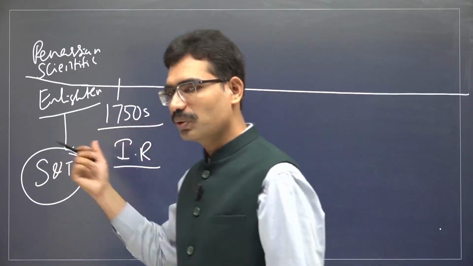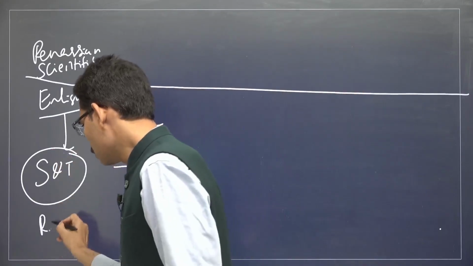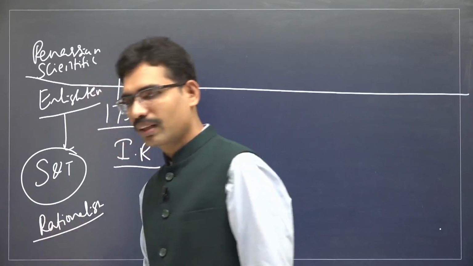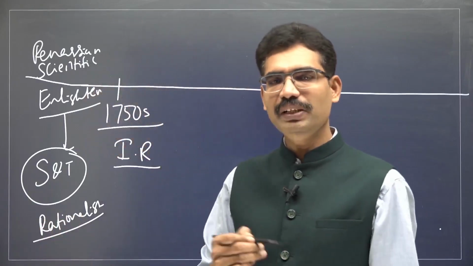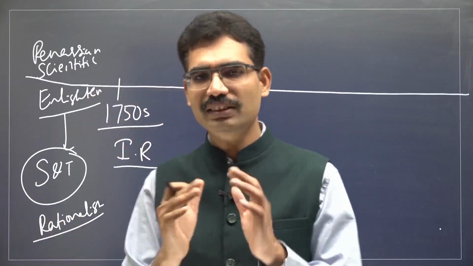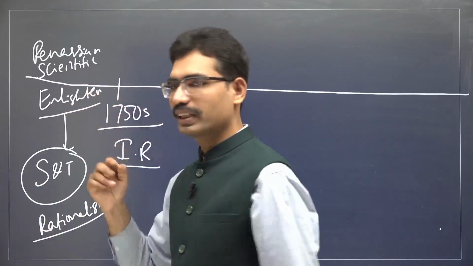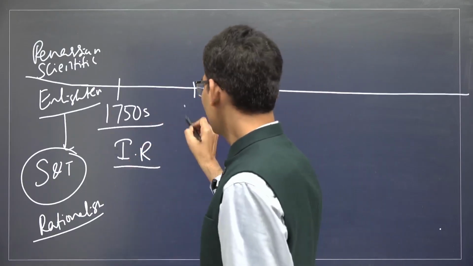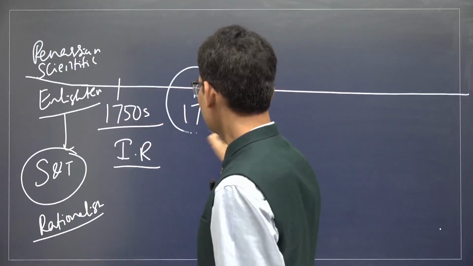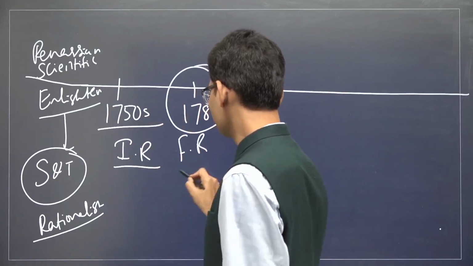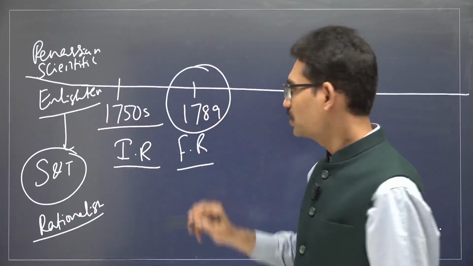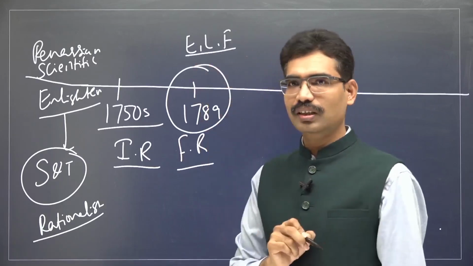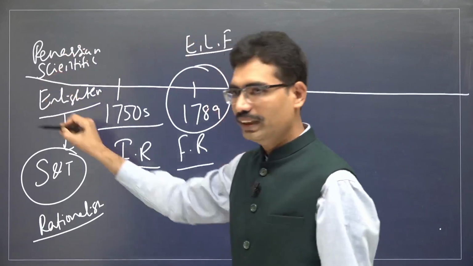Science and technology improved. They came out of superstitions and developed rationalistic thought. And their naval technology is good, military technology is good. The ideas like enlightenment, ideas like equality, liberty, fraternity, these are flourishing. It became very popular with 1789 French Revolution. Now, French Revolution is talking about equality, liberty, fraternity, and they are coming from this society.